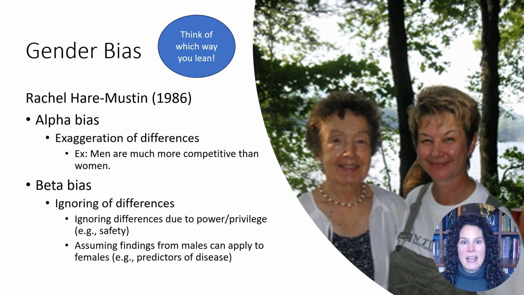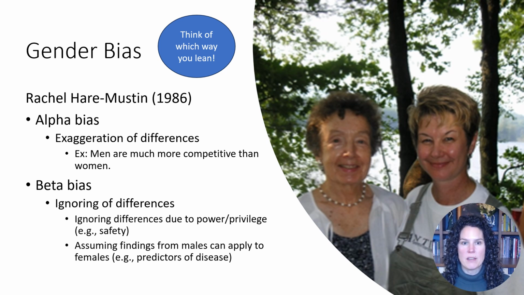And then beta error is the likelihood that you will report no, there's no statistically significant difference between these populations when in fact one does exist. So how this translates to gender is that alpha bias is about exaggerating differences between males and females that don't actually exist, and that can be kind of like confirmation bias. I expect women to be more emotionally expressive, so I noticed that, and I don't really see the women who